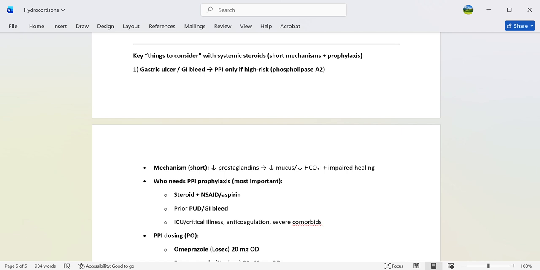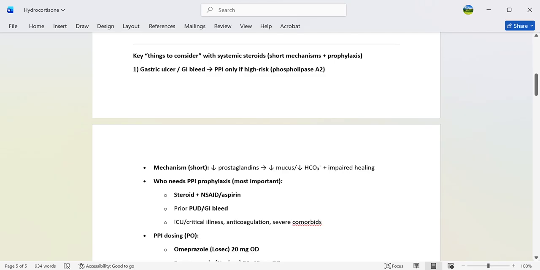But when will you prescribe PPI, proton pump inhibitor, prophylaxis? When you are using steroid with NSAID, or there is a prior history of peptic ulcer disease or GI bleed, the patient is in a critical situation and is admitted in the intensive care unit, the patient is on anticoagulant or is having severe comorbidities, then we do consider the use of proton pump inhibitors